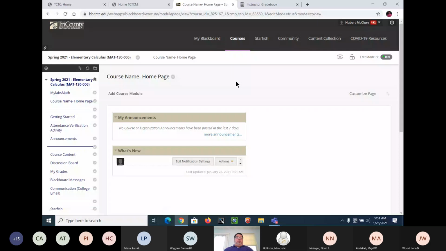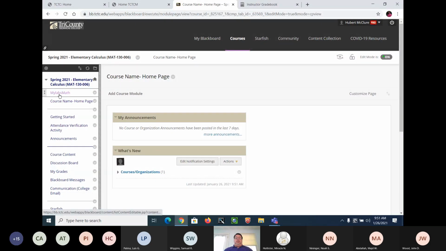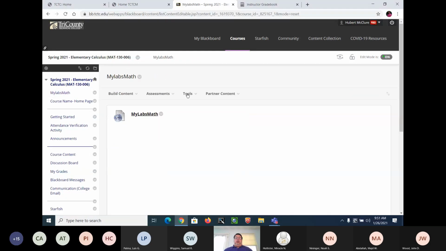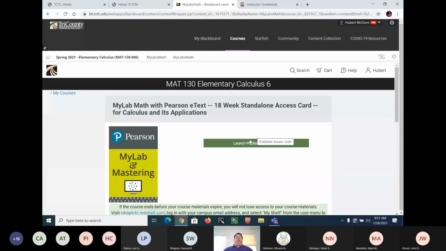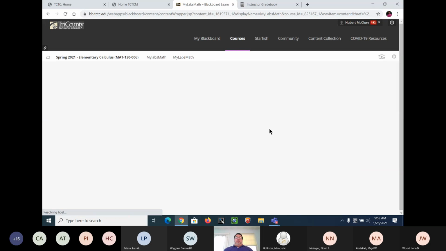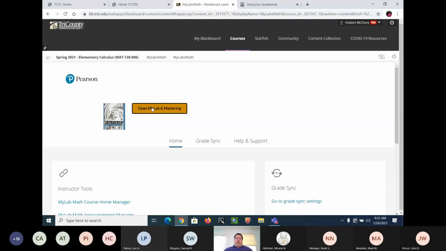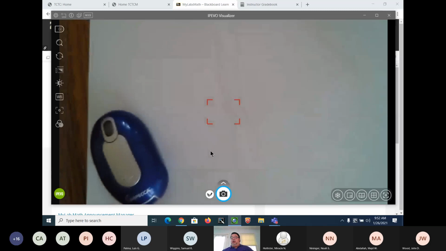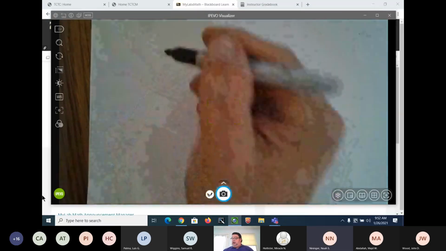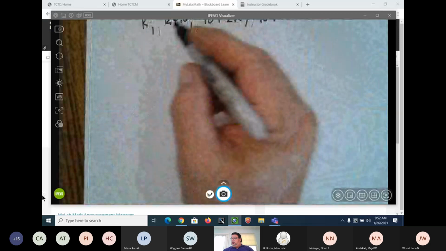Okay, so there's nothing on Blackboard because I don't use it except for that. So you click on My Labs Plus. Click on My Labs Plus again. Click on 130, green button. 130, green button. Now it's going to ask you to create an account. Just ignore this. It's going to ask you to create an account. And I tell students, if you're going to create an account, make it exactly like your Pearson My Labs Plus account. H. McClure